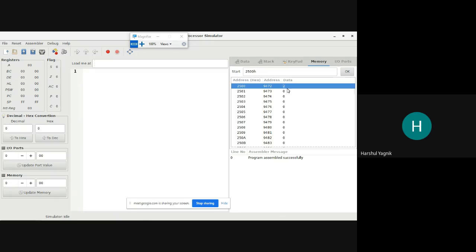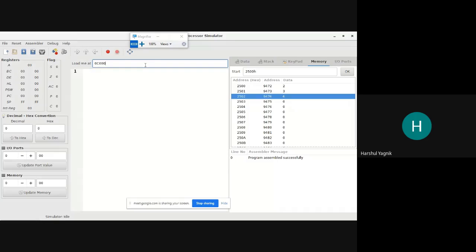I'm feeding binary data to 2500, 2501 and 2502. These 3 operands which are available at the memory location 2500H, 2501H and 2502H, that has to be transferred to 2600H, 2601H and 2602H.